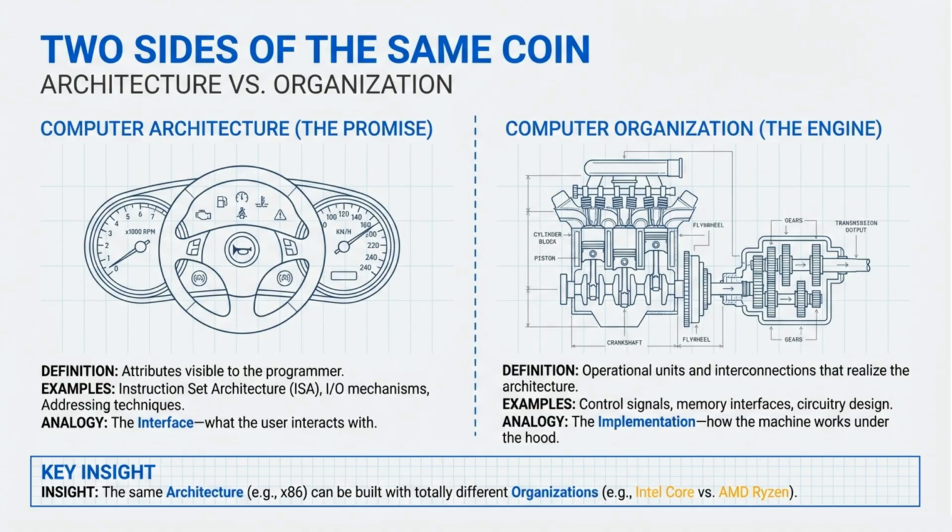Computer organization, on the other hand, is the hardware engine. It describes how the architecture is actually implemented, using operational units, control signals, memory interfaces, and circuitry. Organization explains how the machine works under the hood. The key insight here is this: the same computer architecture can be implemented using totally different organizations. For example, processors may share the same architecture, yet differ significantly in performance and internal design due to different organizational